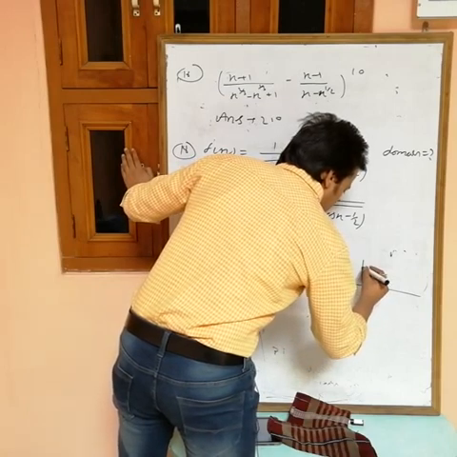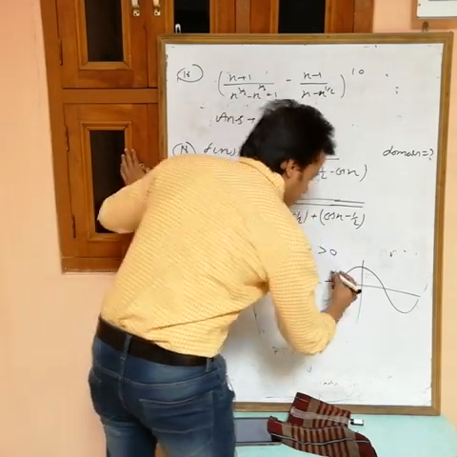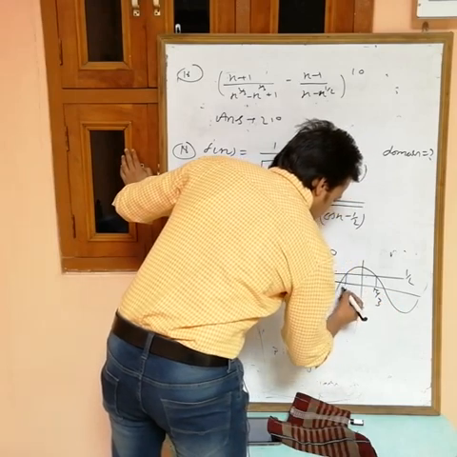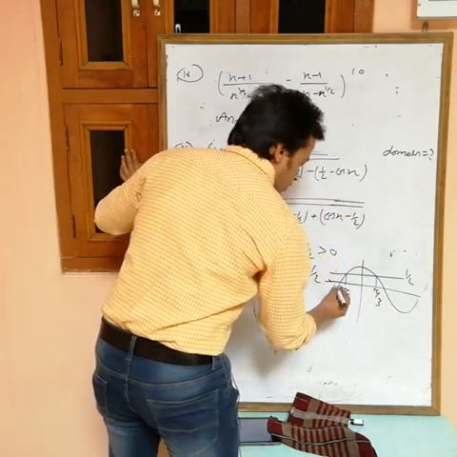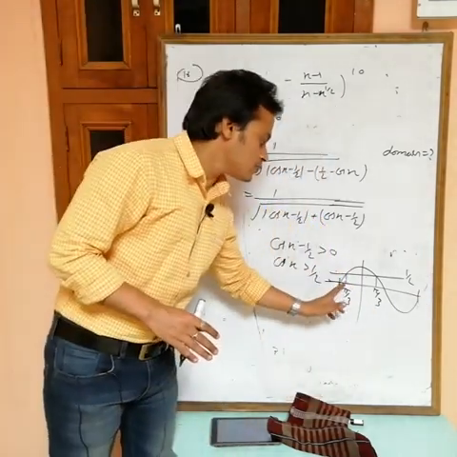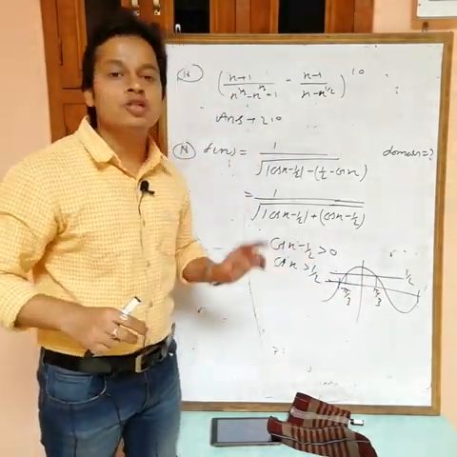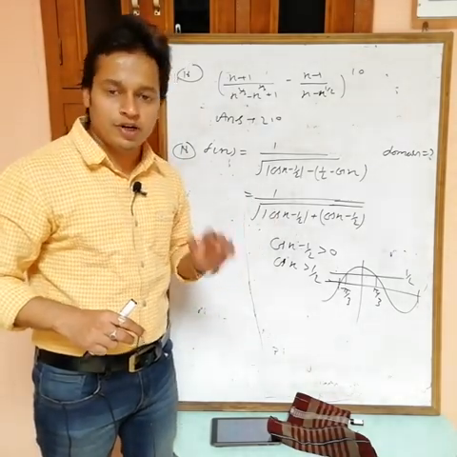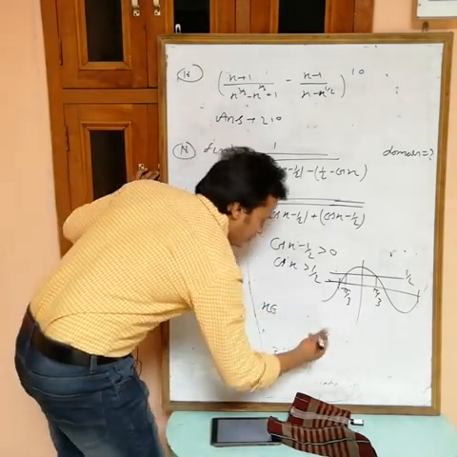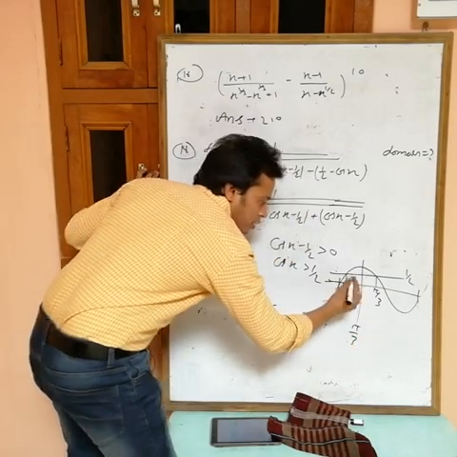Okay, this is the graph of cos x greater than 1 by 2, line at 1 by 2. This is pi by 3 and this one is minus pi by 3. So in a 2 pi interval, I am taking from minus pi to plus pi. In a 2 pi interval, the answer is minus pi by 3 to plus pi by 3. If you want it for complete x belongs to R, the period of cos x is 2 pi. So add 2n pi. So for one interval, what are we getting? We are getting minus pi by 3 to plus pi by 3.